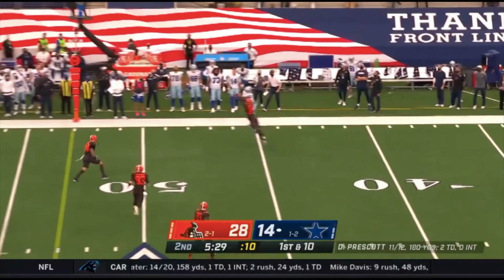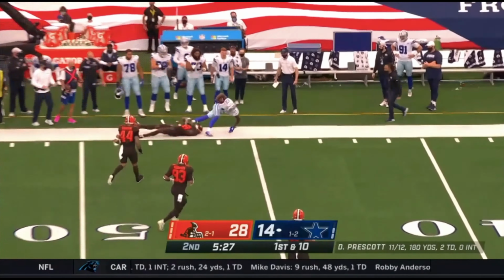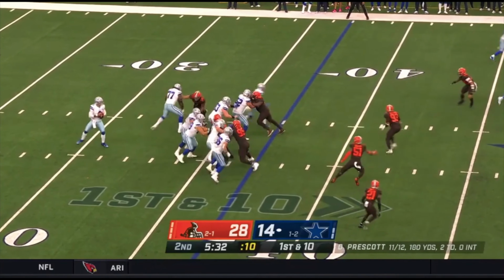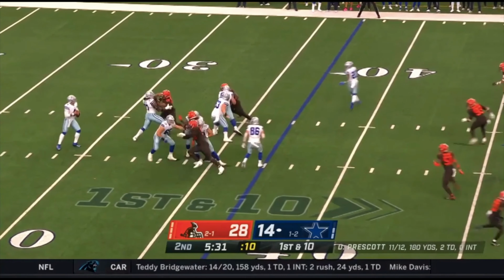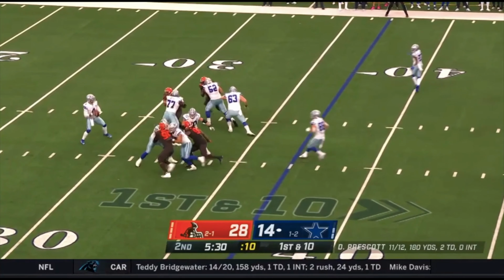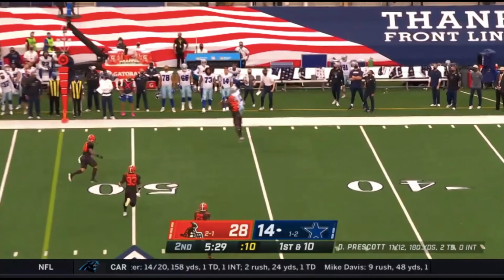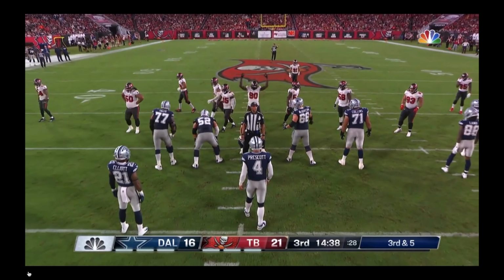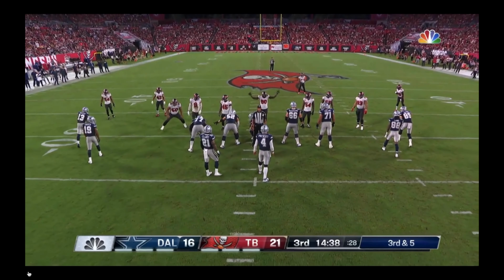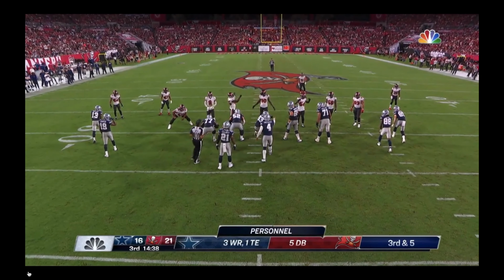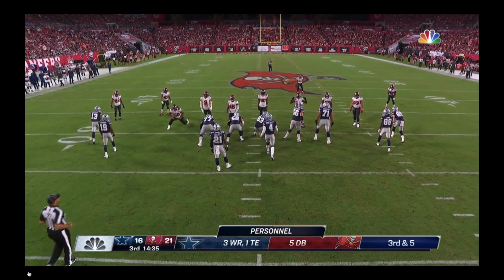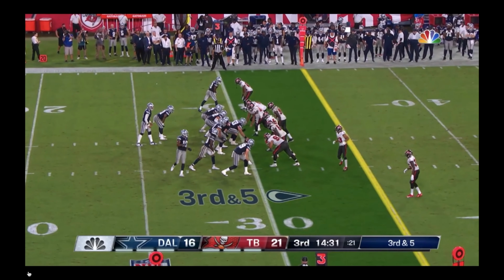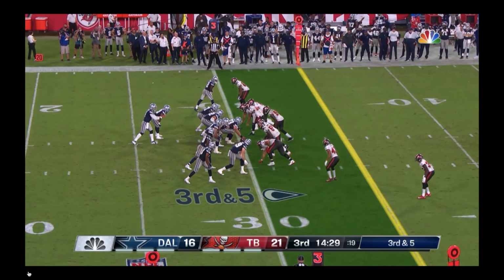Now, again, he throws a good ball, but this ball is just a little bit late, right? And you may think the split second it takes to go from being out of your platform to in your platform doesn't make a difference, but it's what makes this pass a contested catch rather than an easier catch for your wide receivers, right? So it's something that I know Dak was working on in the offseason. He wasn't just rehabbing from an ankle injury, but he was in the lab with his quarterback coach trying to figure out